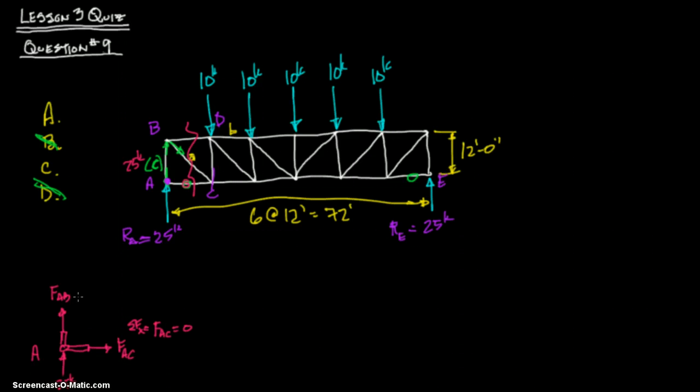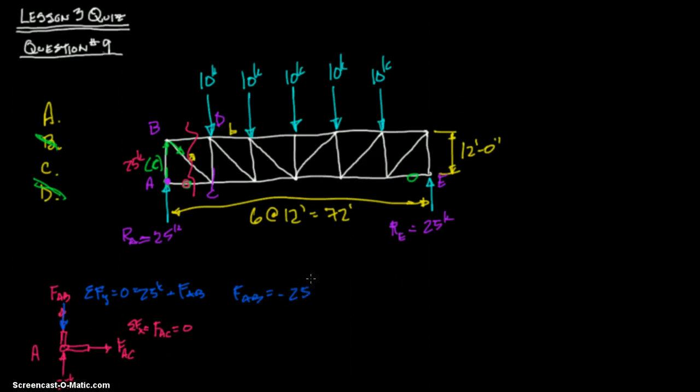And similarly, now that we know, we'll go through the motions. Sum of the forces in the y direction equals 0. Then we have a positive 25 kips since it's going up, and then we have a positive FAB. Since you want to solve for FAB, you need to subtract the 25 over. Everybody knows how to do this. It's algebra. You subtract 25 from this side, you subtract 25 from the 0 side, and you get FAB equals